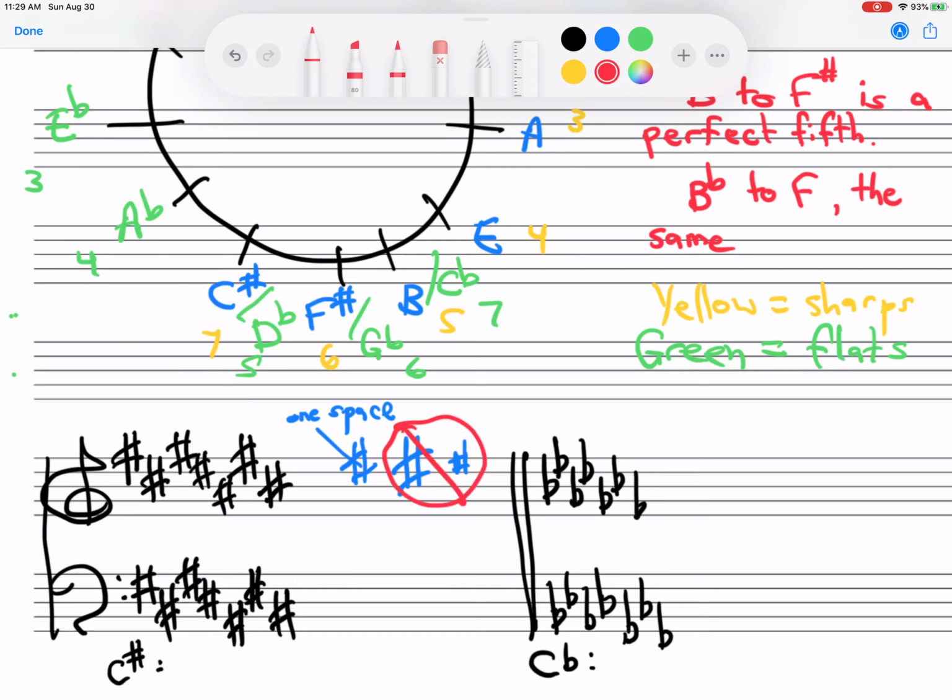Same thing with the flats. If I write the flat too big, I can't tell if that's a C flat or a D flat. And if I write it too small, it's really hard to see. So that's no good. Alright, now you know how to write all of the key signatures, because if we go back up here,